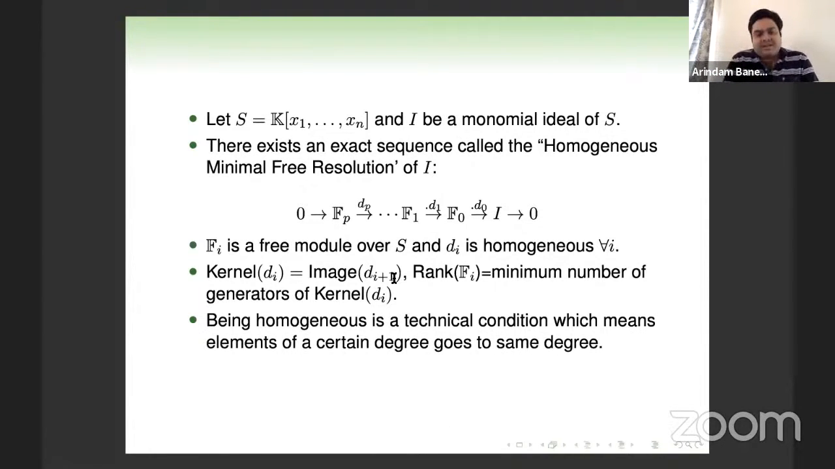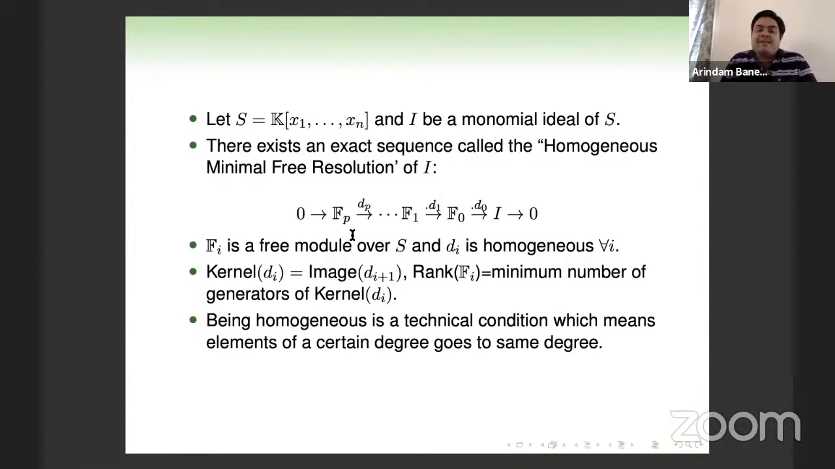Being homogeneous is a technical condition, which means elements of a certain degree go to elements of the same degree. Now, if you have a polynomial, what does degree mean? Well, if you're in a polynomial ring, the scalars have degree 0. The linears like x plus y have degree 1. For example, ax plus by, where a and b are scalars, also have degree 1. Quadratics have degree 2. For example, x square has degree 2, x square plus xy has degree 2, and so